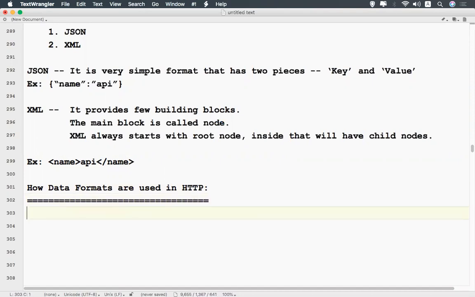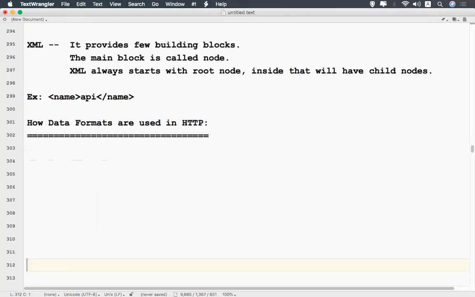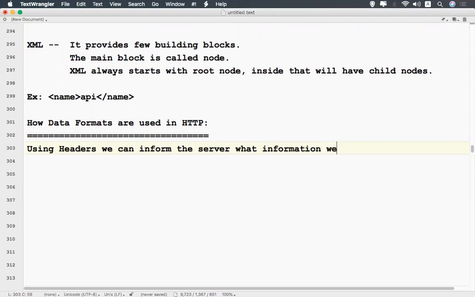Using the headers, okay, we are saying headers, right? In the headers, we will mention what kind of data we are sending, meaning the format we need. Using headers, we can inform the server what information we are sending to it and what we are expecting in return.